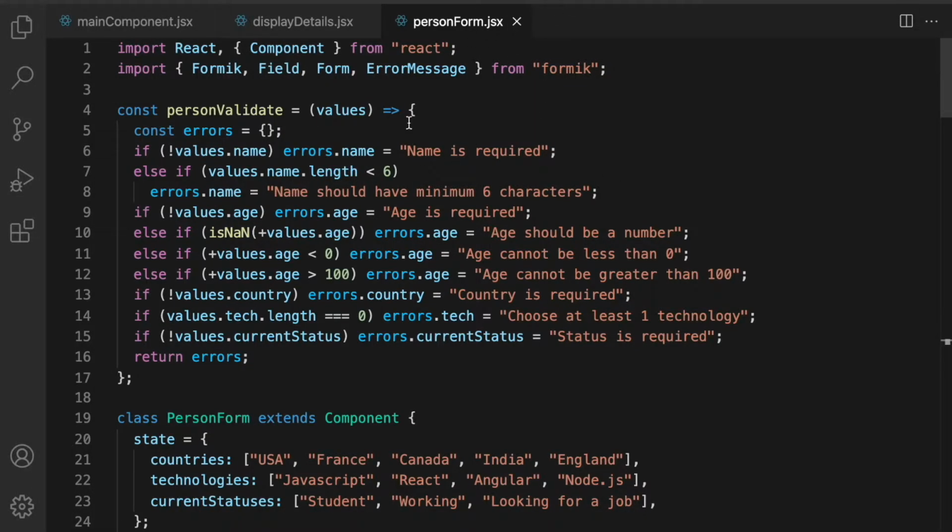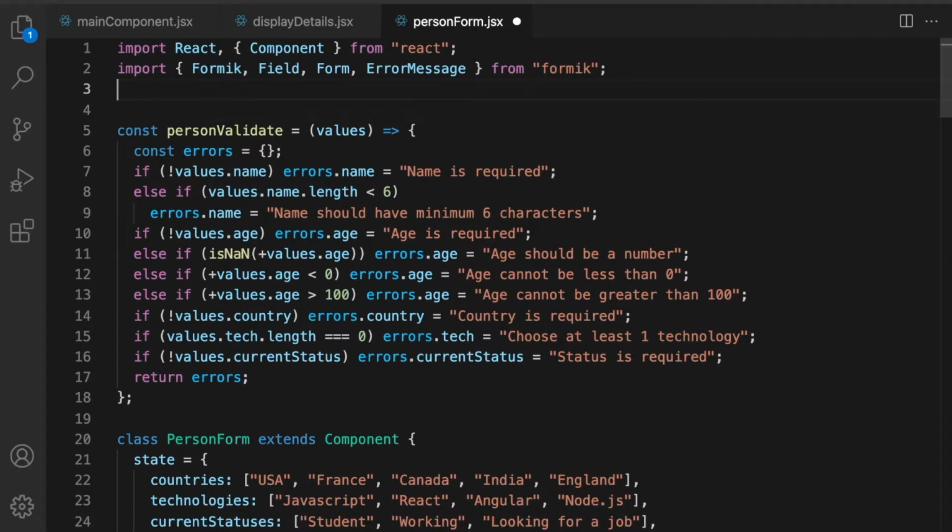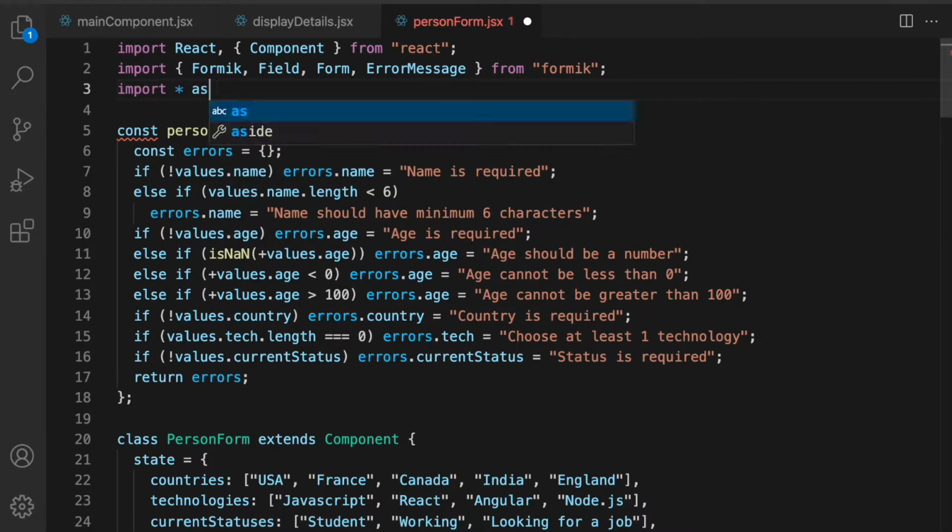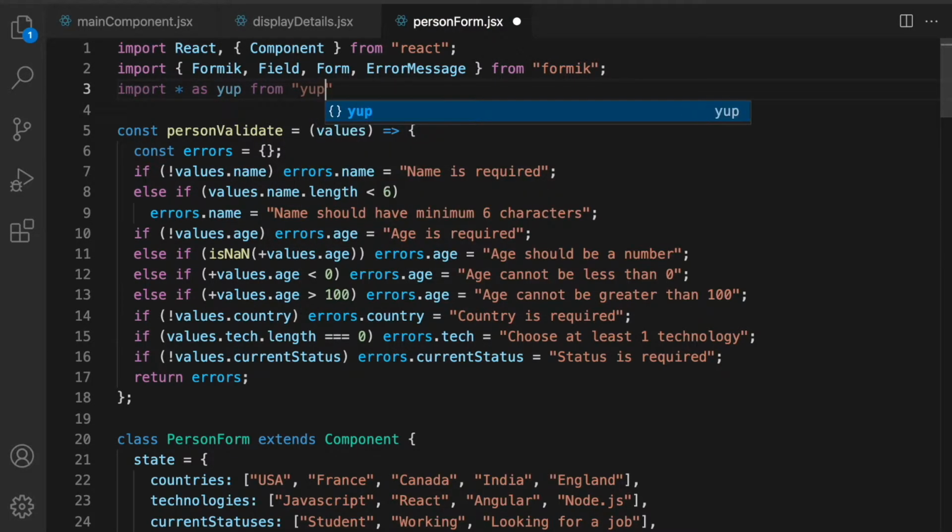This is the component we had created, PersonForm, which used Formik, and this was the validation we had defined. Let us now replace this validation with the Yup validation. The first thing we need to do is import * as Yup from 'yup'.